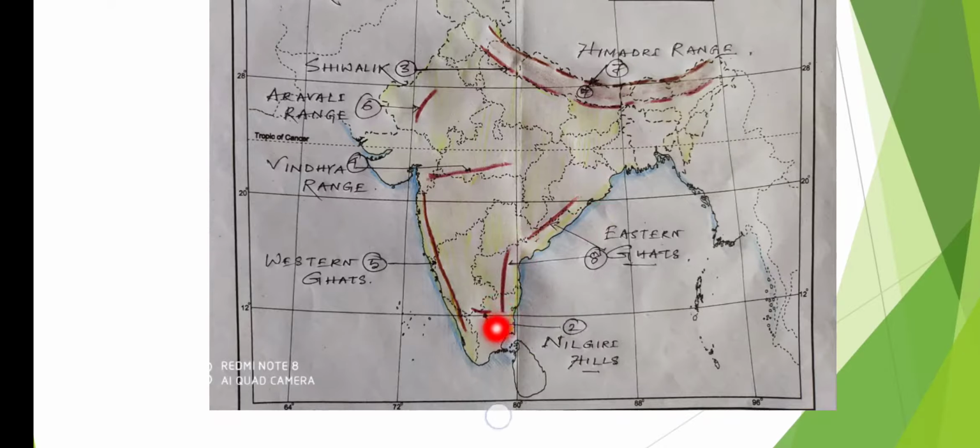So this is the answer, Eastern Ghat, and I marked it. Over here I have discontinued the range because it is drained by two rivers, Godavari and Krishna. This is the Bay of Bengal, and the Eastern Ghat lies parallel to it, and parallel to the Arabian Sea lies the Western Ghat. So the Eastern Ghat and Western Ghat are both important mountain ranges of South India.